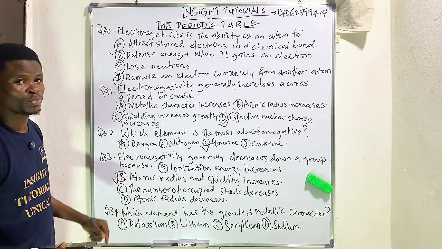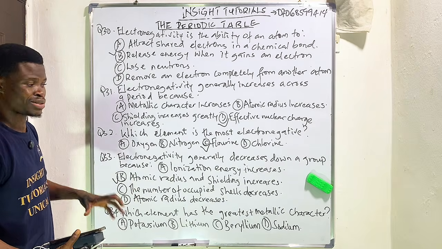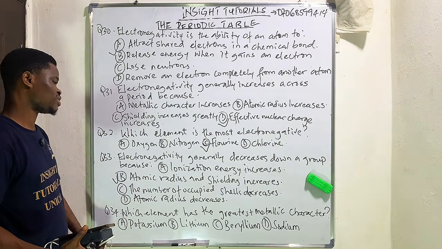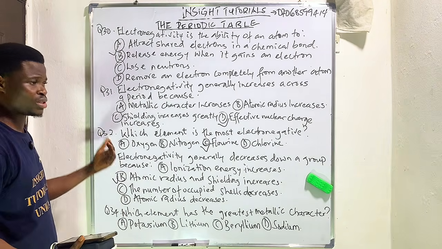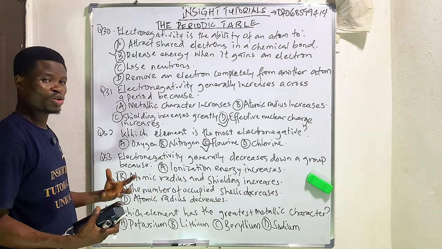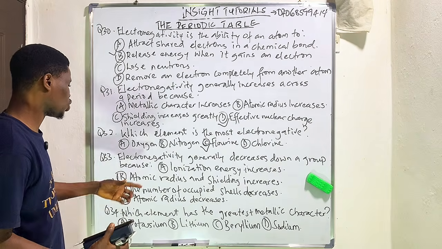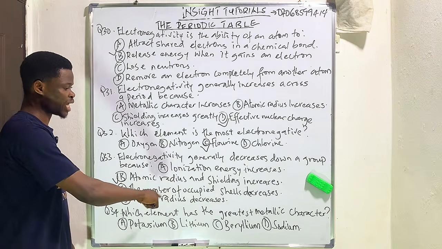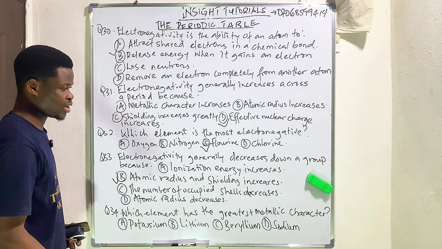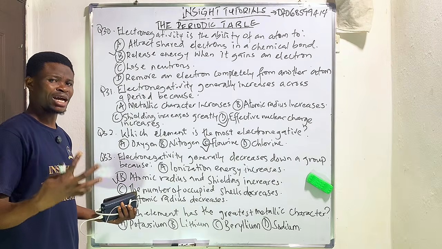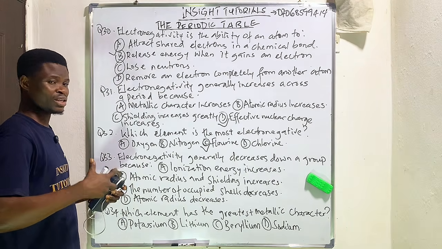We know that down the group, shells increase, they don't decrease, so that's out of it. D says atomic radius decreases down the group. That's wrong. It increases down the group because there's an increase in the number of shells that are added. So the correct option is option B, which says atomic radius and shielding increases. That's true because as you move down the group, the electrons are more bonded together,